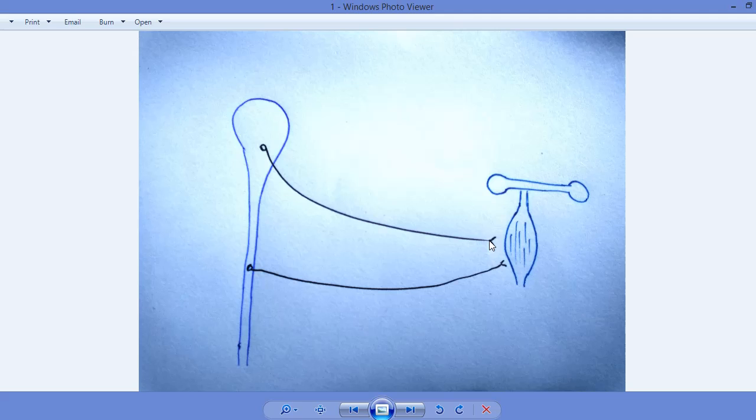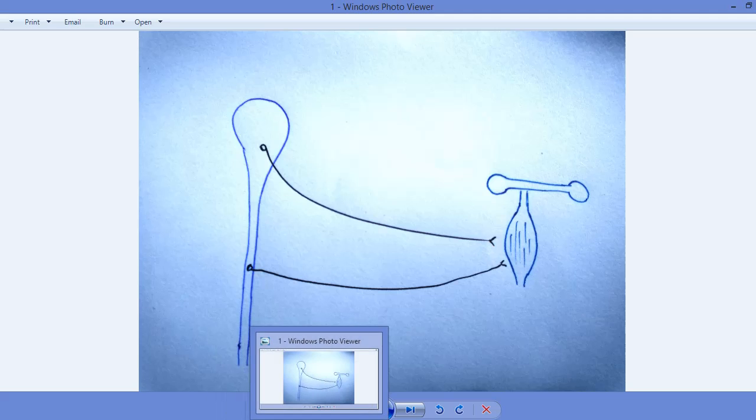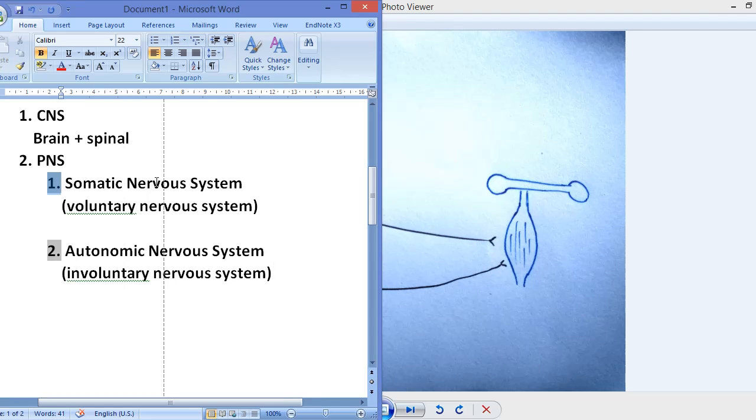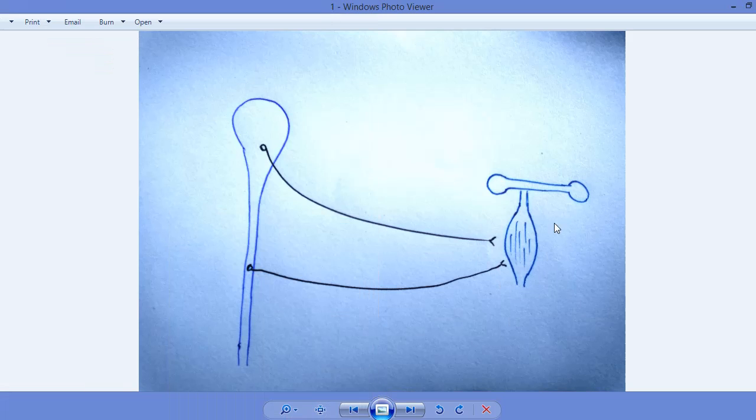One of the parts of the peripheral nervous system is the somatic nervous system. So the somatic nervous system is always provided to the skeletal muscle. The skeletal muscle is always supplied by the somatic nervous system. These fibers connect the central nervous system with the skeletal muscle, and you can also see that